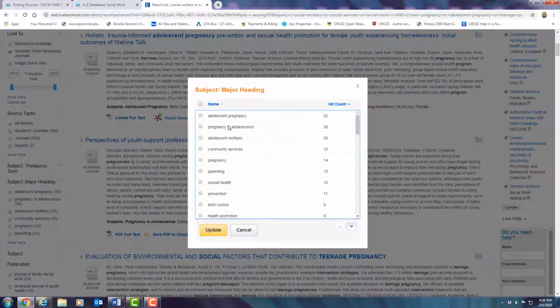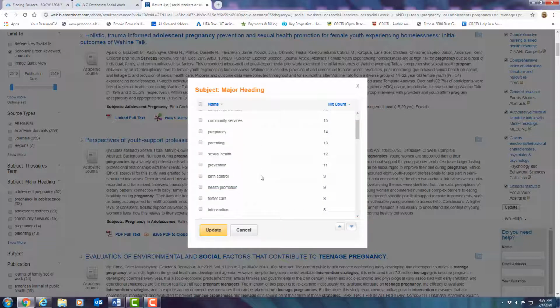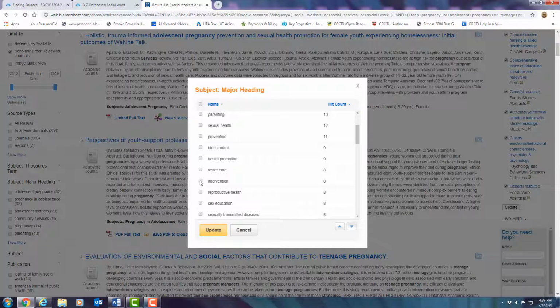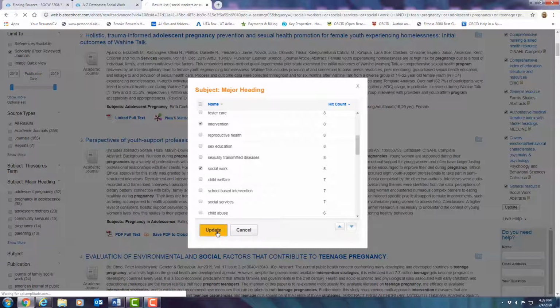So you could go through these terms, and I would pick one, two, maybe three at most, and click on those. And let's pick adolescent pregnancy. Let's pick intervention, because that was one of our main keywords. And let's pick something like social, well, let's pick social work. So there's three right there. If you click update,